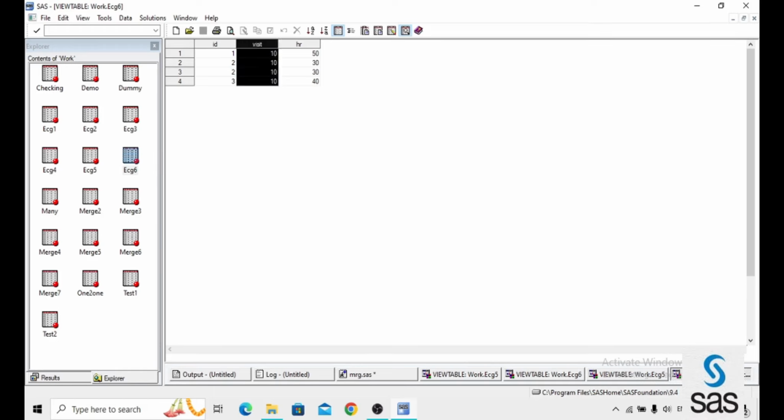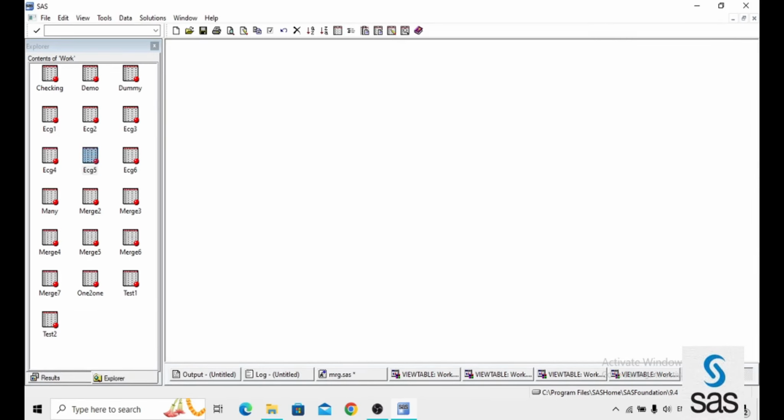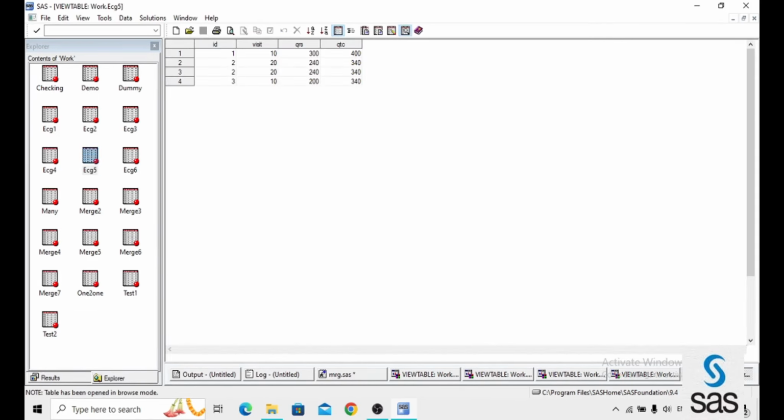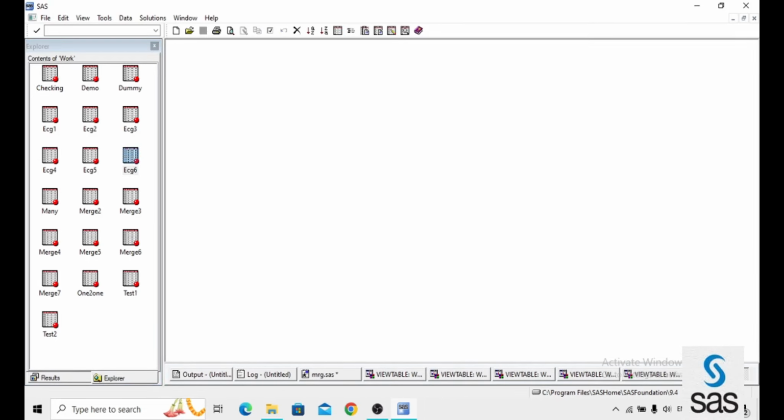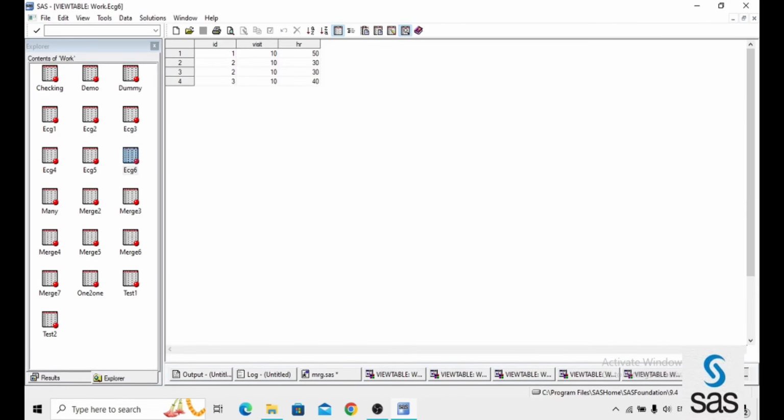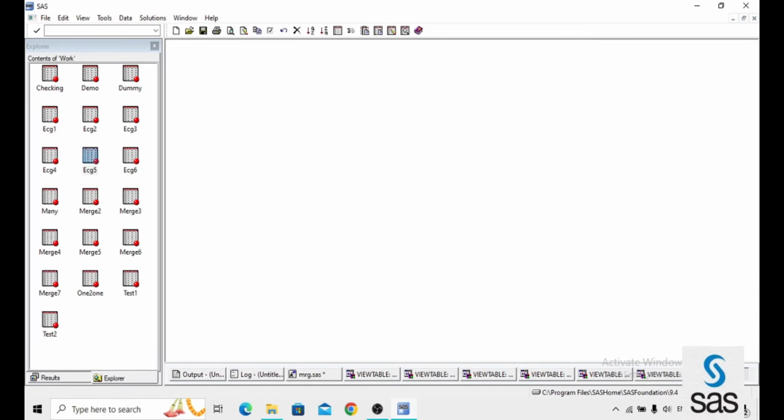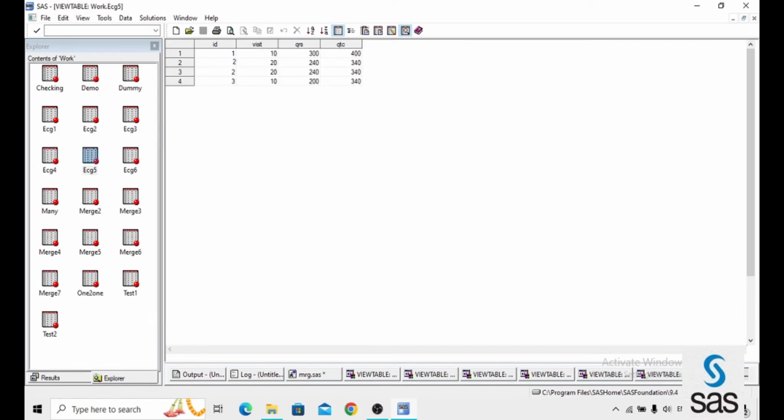If I am increasing visit, then what happens here? This is if A. What is that if A? All the observations from A and the common observations from B. Then what happens when we increase the number of variables? It just means I am adding visit in the by statement. Here 210 is there, in ECG5 220. Then what does it do? It creates another column. Got it? Just like that. Here 210 is there, and here it just created another column. Okay, here 310 is the same. We have an issue in the 2.